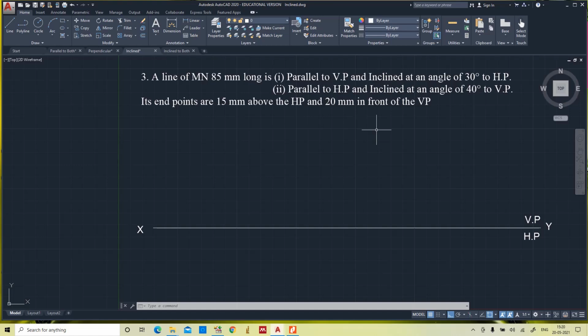So from the question you can see that the line is inclined either to horizontal plane or inclined to vertical plane. And one more condition they gave, its endpoints are 15 mm above the HP and 20 mm in front of VP. Now let us start the first case, parallel to vertical plane and inclined at an angle of 30 degrees to HP. First endpoints